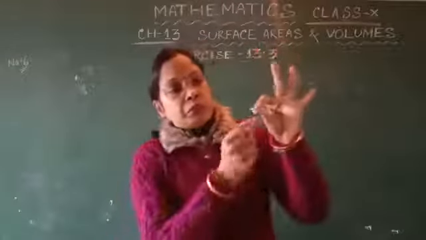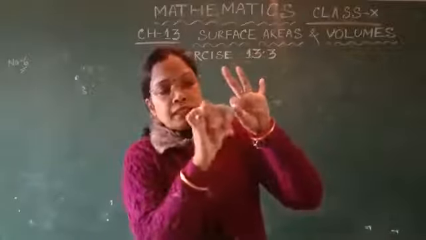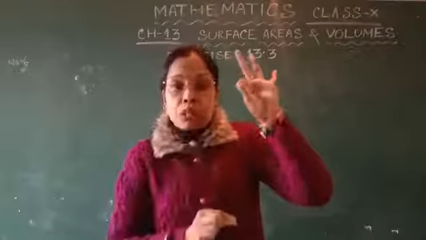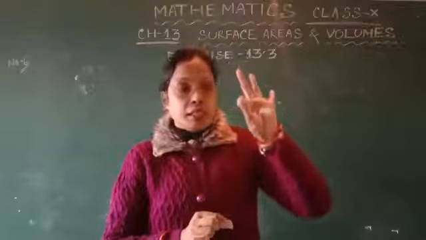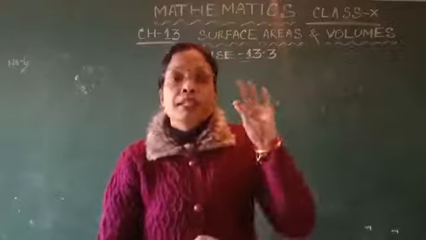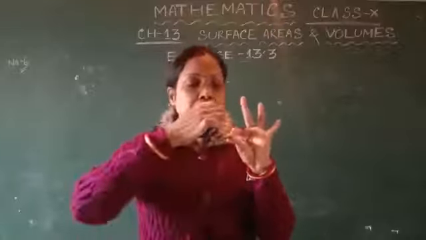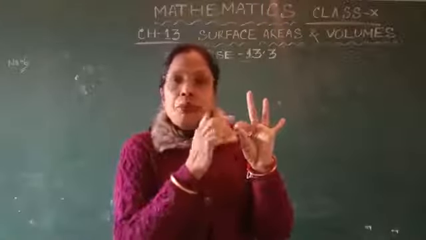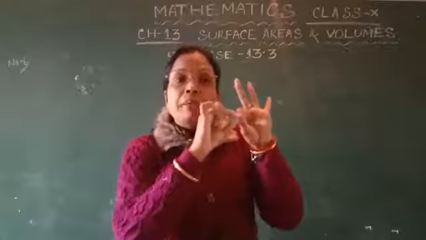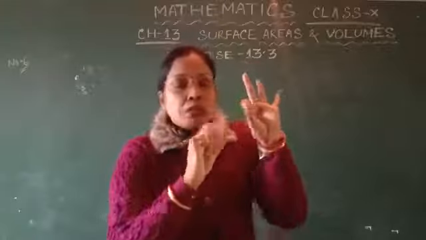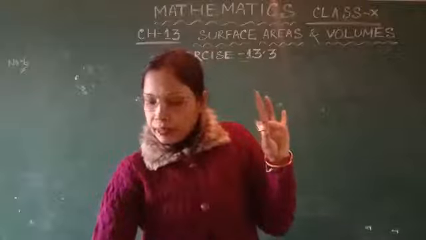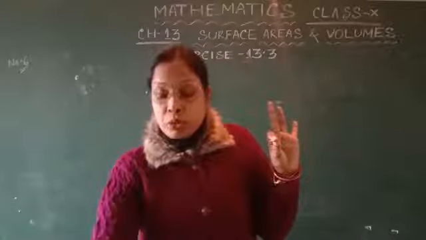So I think all of you see this. The thickness is very little, but it is also a solid shape. So here we can say this coin is in which shape? This is the cylindrical shape, because the top face and bottom face are both circular faces, and the thickness is the height of this cylinder. Okay, so a coin is in the shape of a cylinder, and here it is given the diameter is 1.75